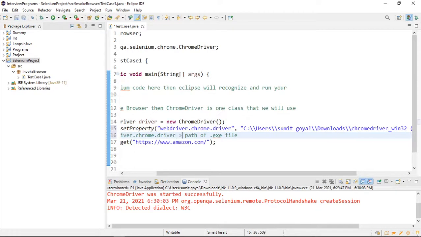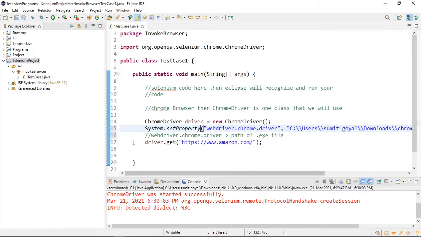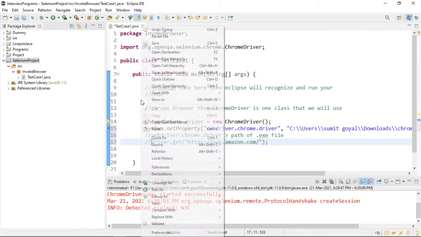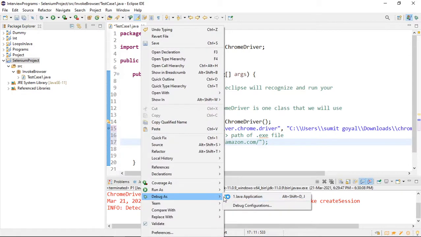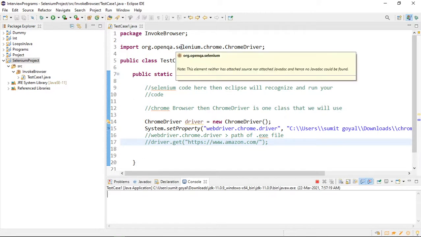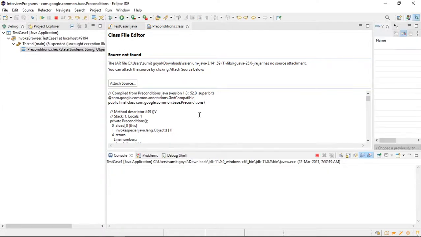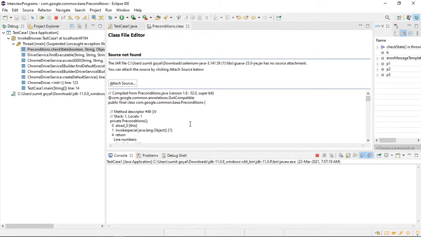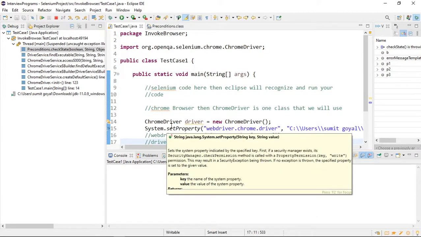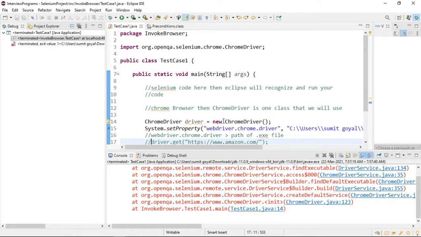Now what you have to do, let me just do one thing, let me comment this, and if I debug this, let us see what will happen. So it has failed.